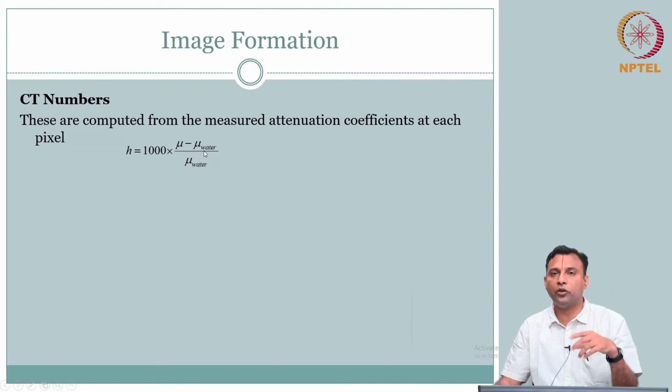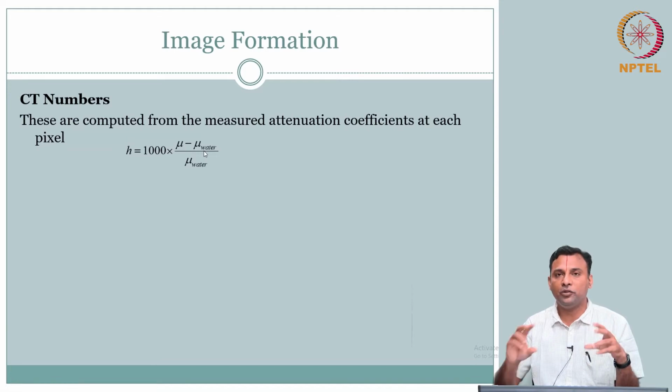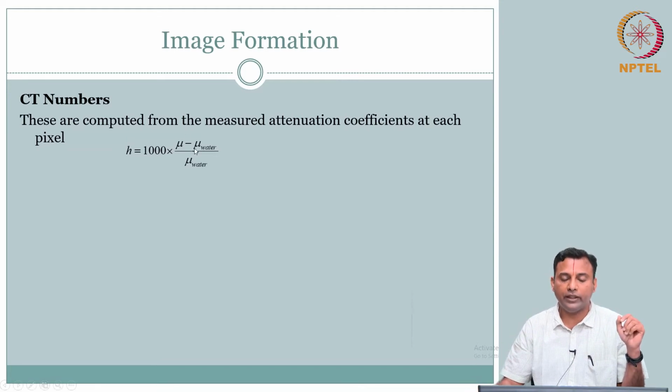So, for that X-ray, before you do the human body, you calibrate it with water. So you can actually get mu of water. You can convert whatever mu you are getting with respect to water using this formulation. So you are scaling the units by 1000 times, improving three orders of magnitude, so that you can separate out the different constituents, because inherently the mu between the different biological materials of interest is small, and therefore you do this with reference to water.